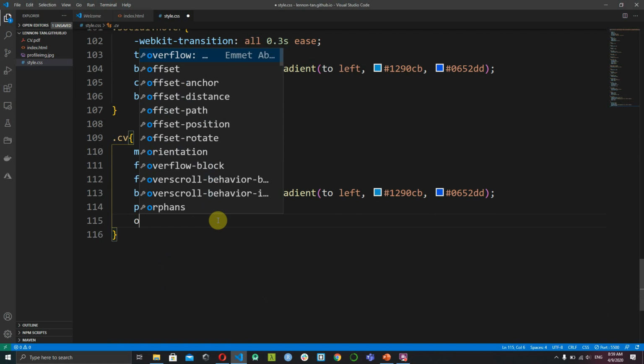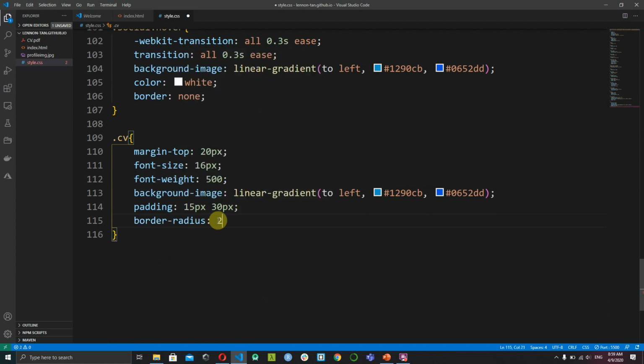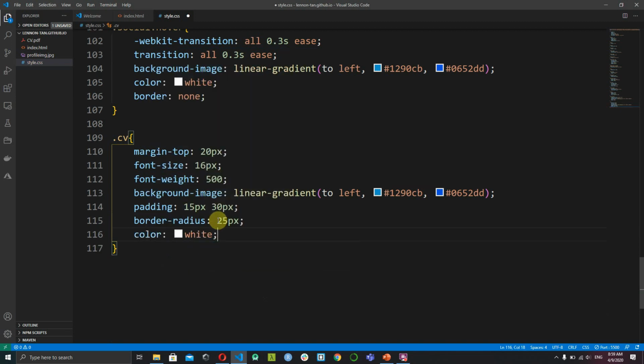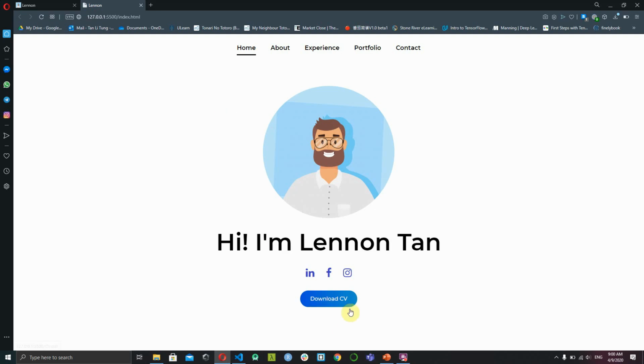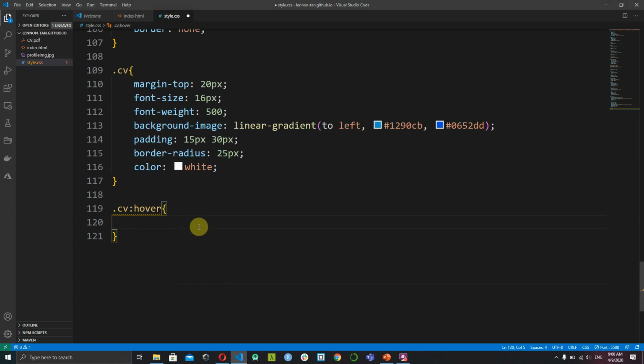So border radius, let's give a border radius of 25 pixels, and color is white, so that it shows in white color. When we save this and go to here, now you can see this is the CV. So let's target CV when hover. Why we need the hover effect is when people hover over the CV, they know that there can be something there, right? So now we have the transition